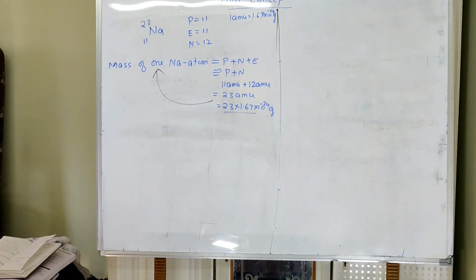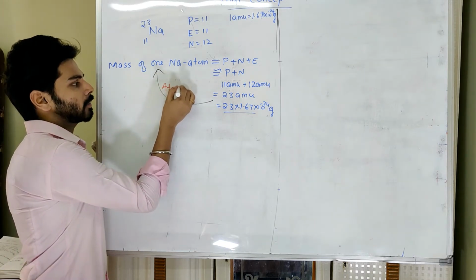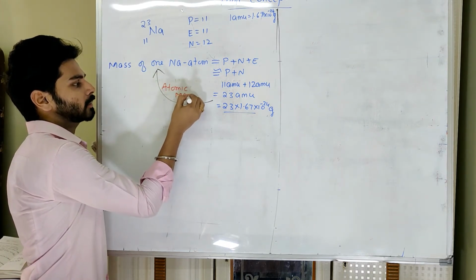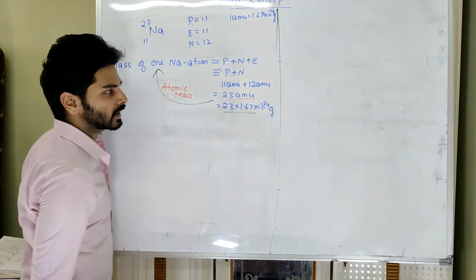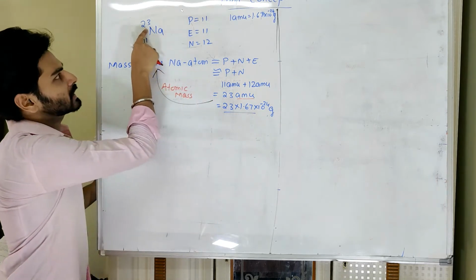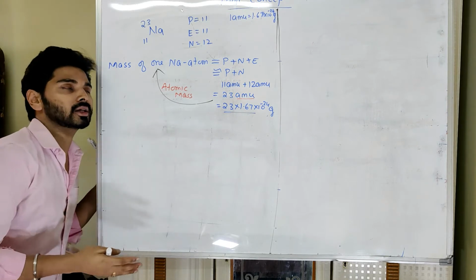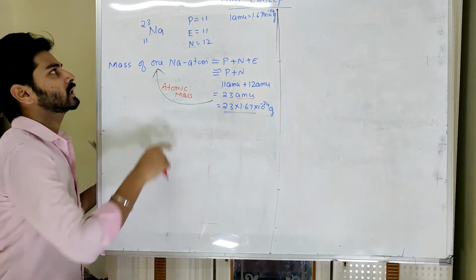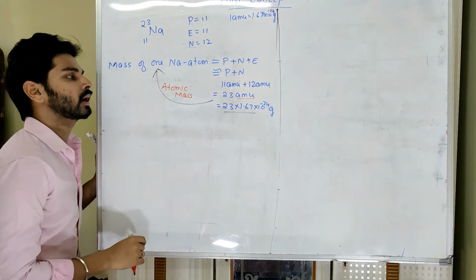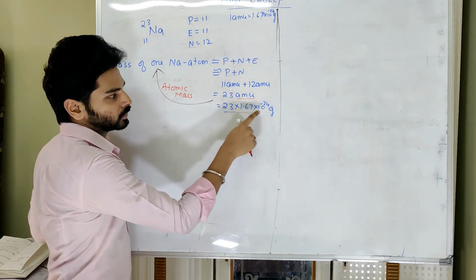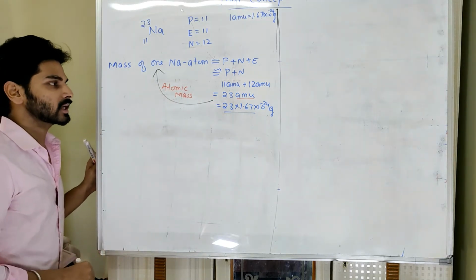In general, the mass of any one atom is called the atomic mass. Atomic mass can be represented in AMU or in gram. What you have to do is simply take whatever mass number is there. In this case, the mass number is taken straight away, though it is not the case for all elements. Here we are just taking 23 as the atomic mass and converting AMU into gram just by multiplying. So both indicate the mass of one atom, which is called atomic mass.